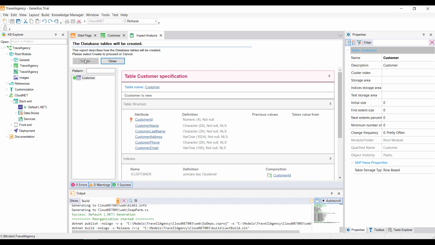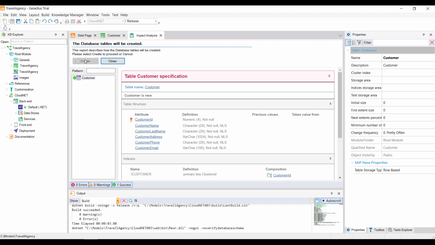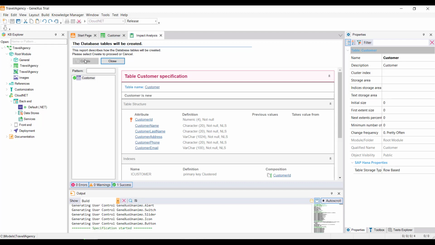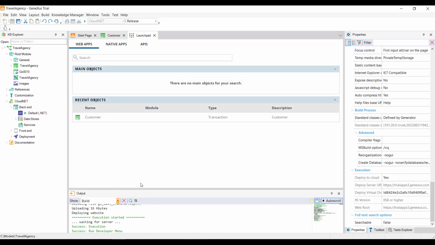Next, Genexus generates other programs, that is to say, all the necessary lines of code in the selected programming language, so that our application does what we want, which in this case is to enter customer details. Also, we're informed if the result was successful or if there were any errors or warnings. Next, this launchpad is displayed for selecting the object to be run, so we select the customer transaction.